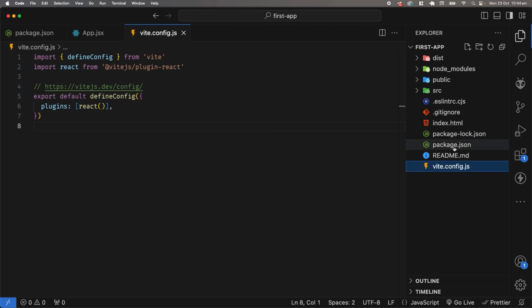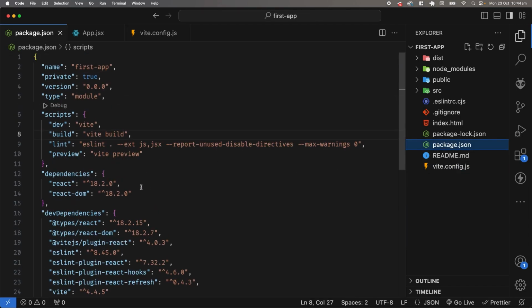It's pronounced Vite. Okay. And then we have the package.json file, which is obviously our dependency management tracking, in which we track our dependencies. Right now we have only two main dependencies, which are React and React DOM. These are the only two dependencies required for working with React. And we have some scripts, the dev script and build script, which we tested in the previous video. And the third script is obviously the lint one. It is just for